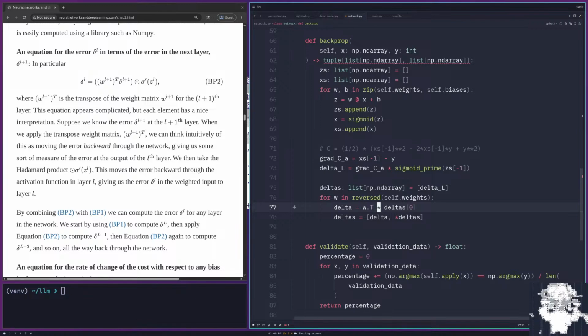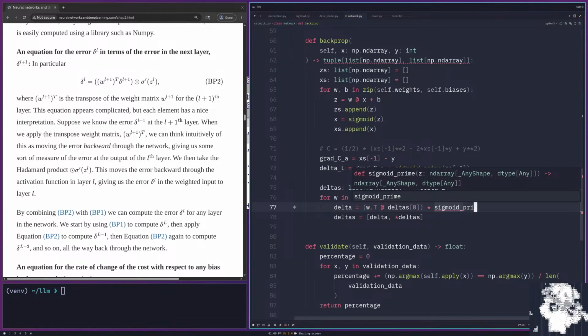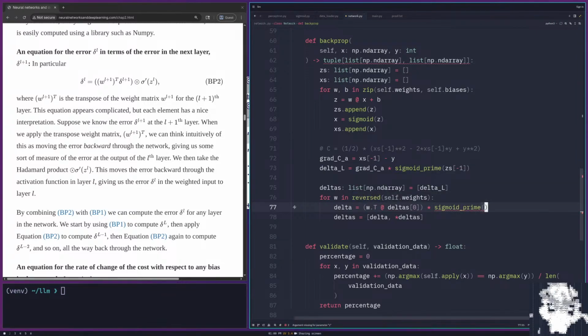No, not multiplied. This is a matrix multiplication, and then you take the result of that and you Hadamard product this with sigmoid prime of